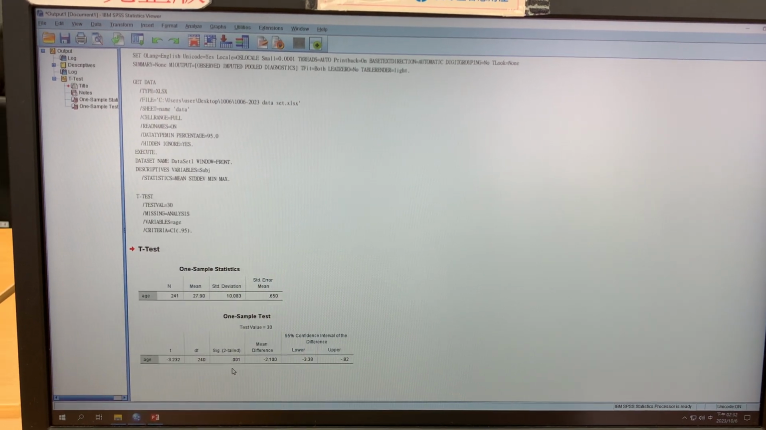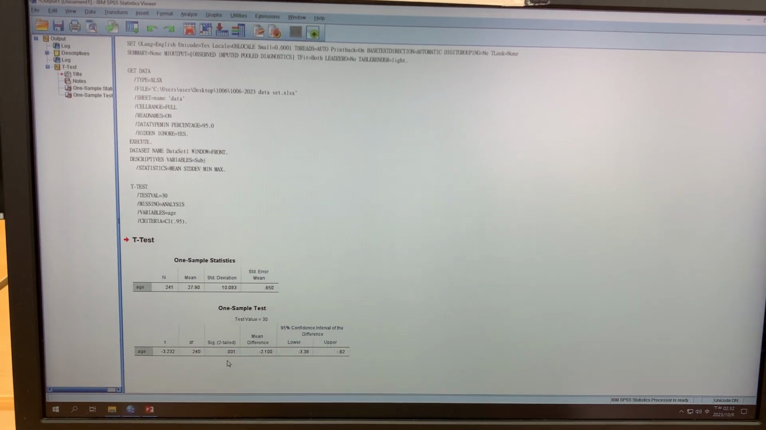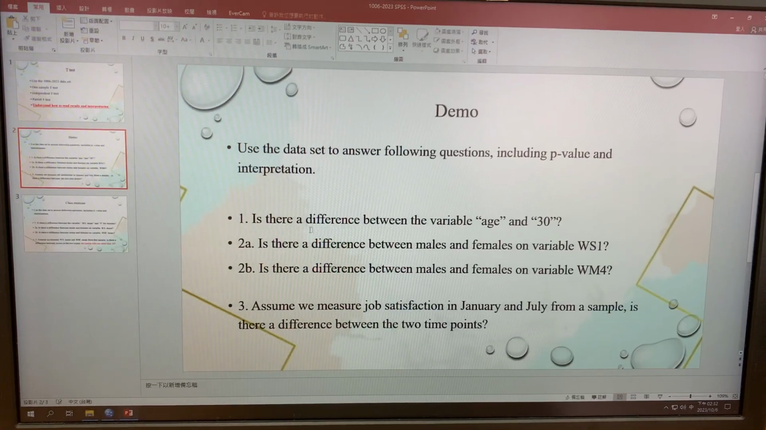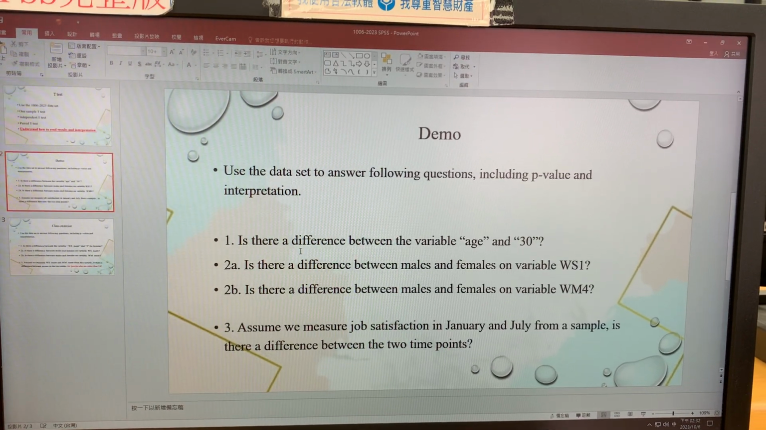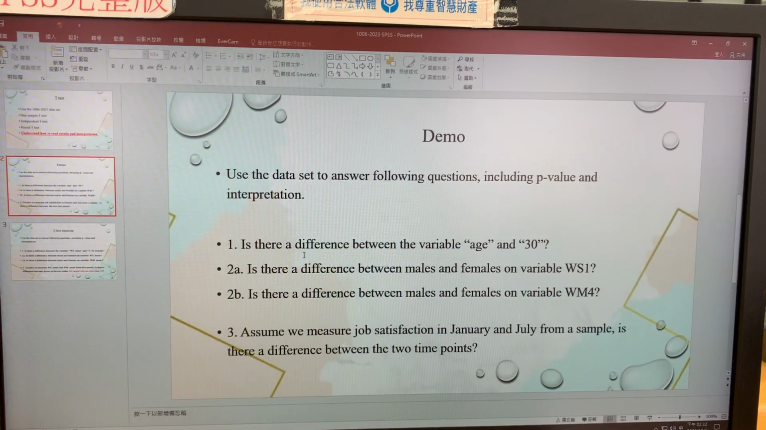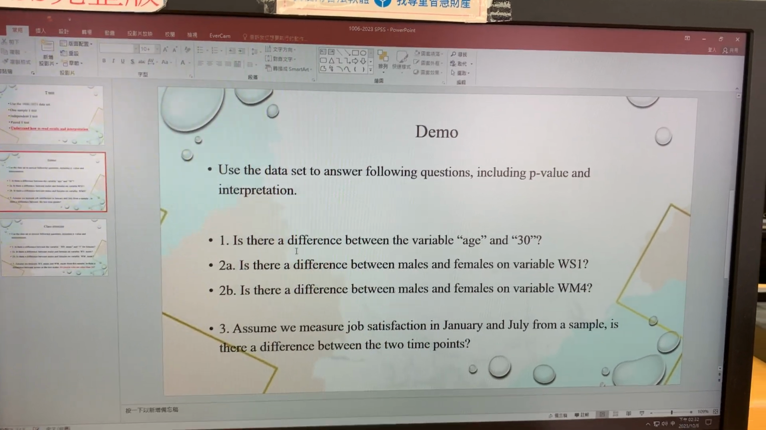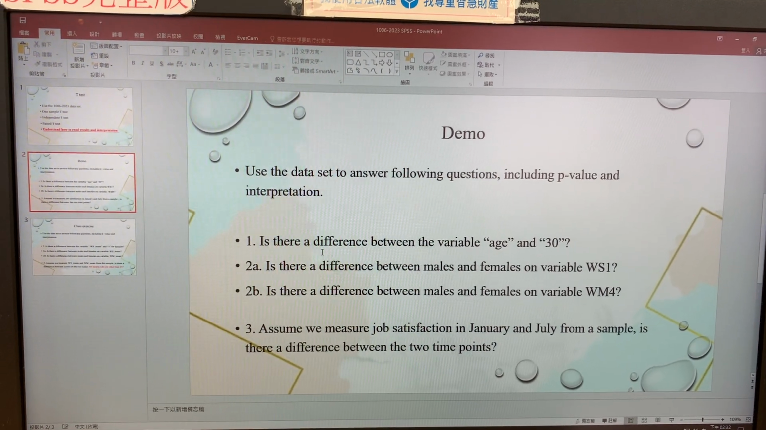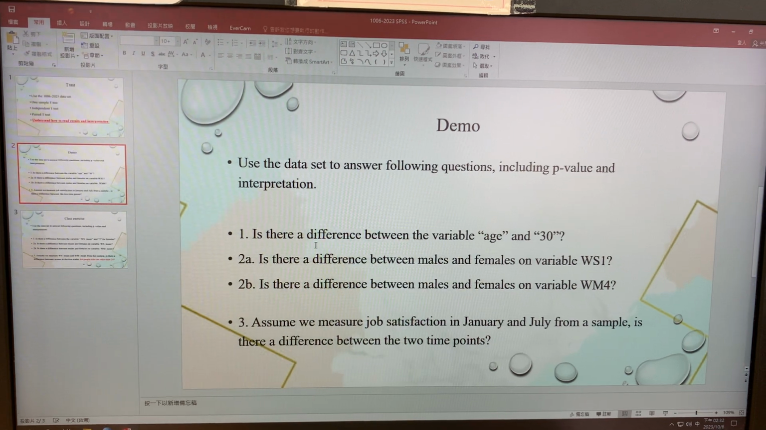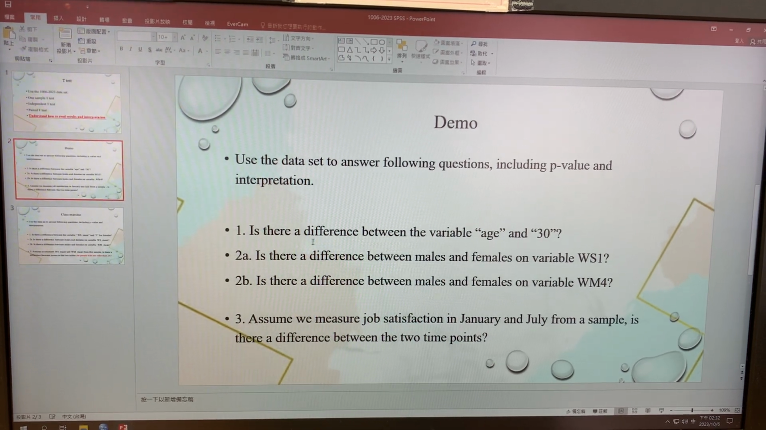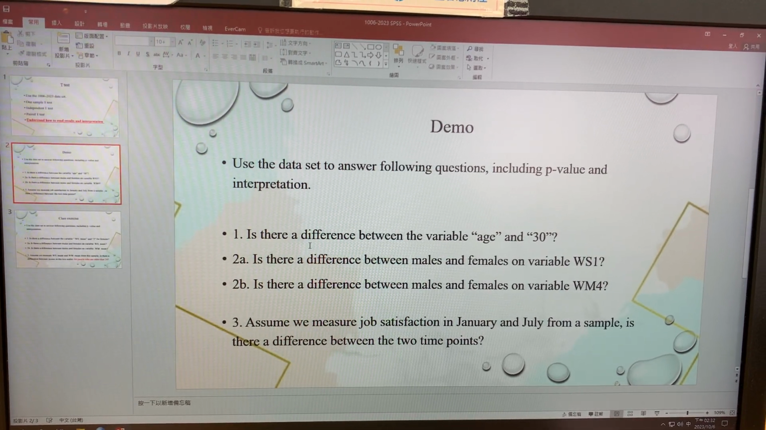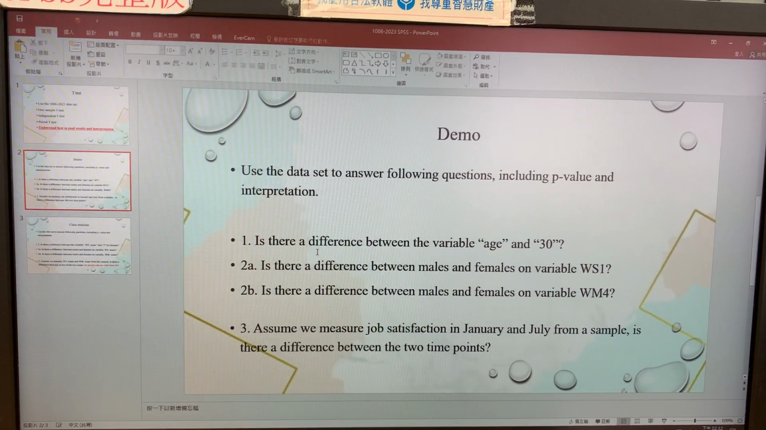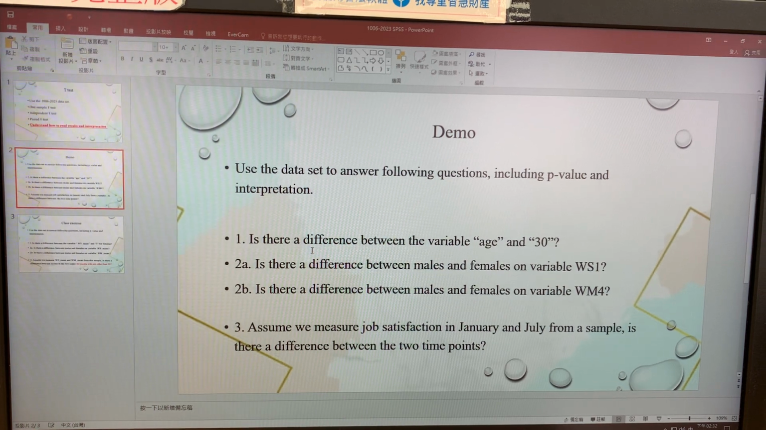Wait a minute. Conclusion with means. So what is conclusion? If you recall our hypothesis, the null hypothesis is the mean of the variable age is equal to 30. Alternative hypothesis, the mean of the variable age is not equal to 30. And now its significance. It means